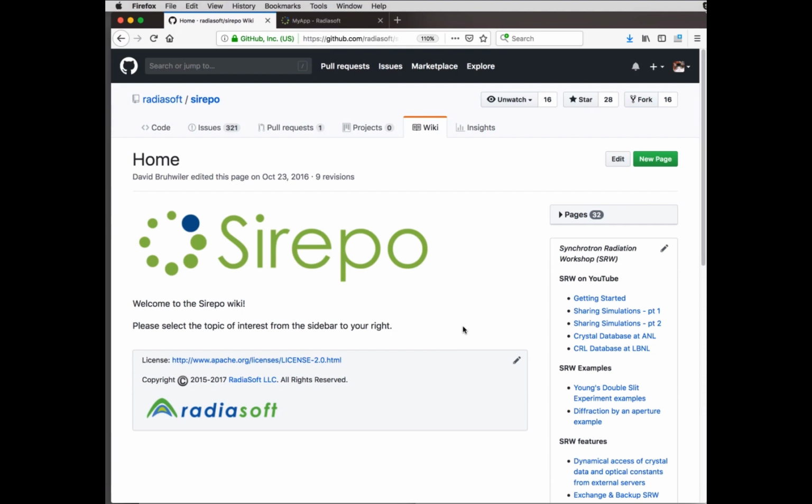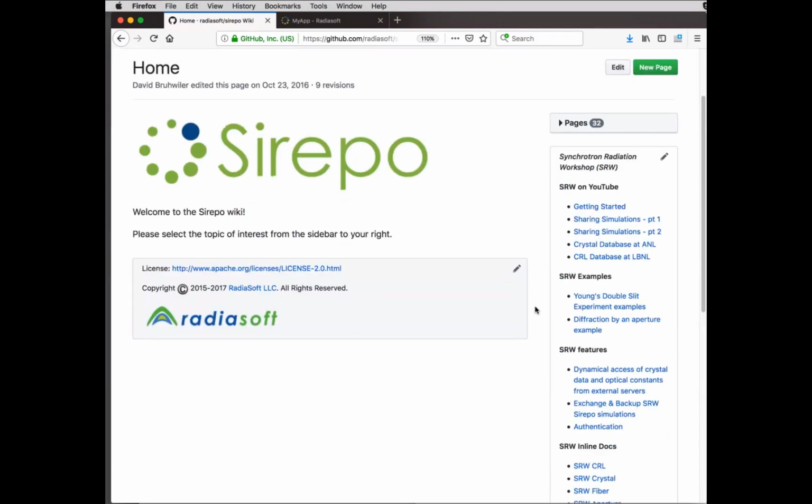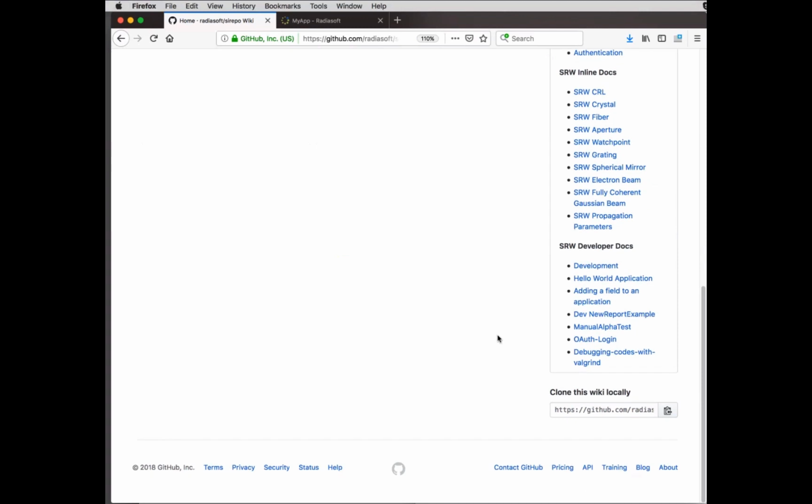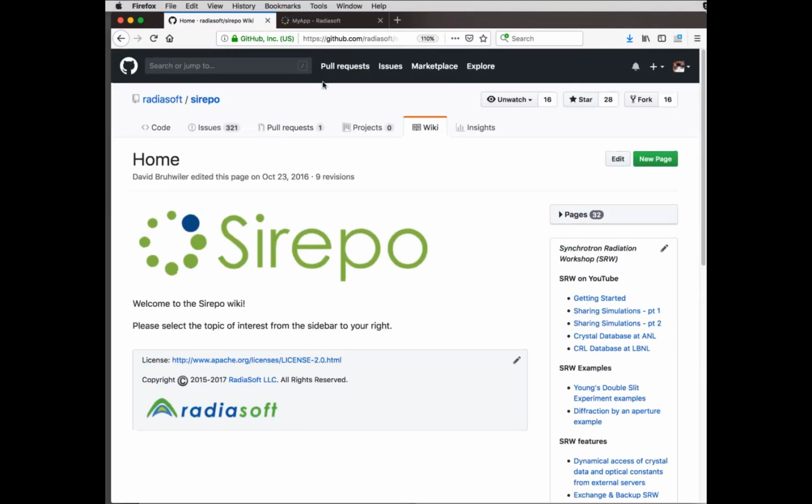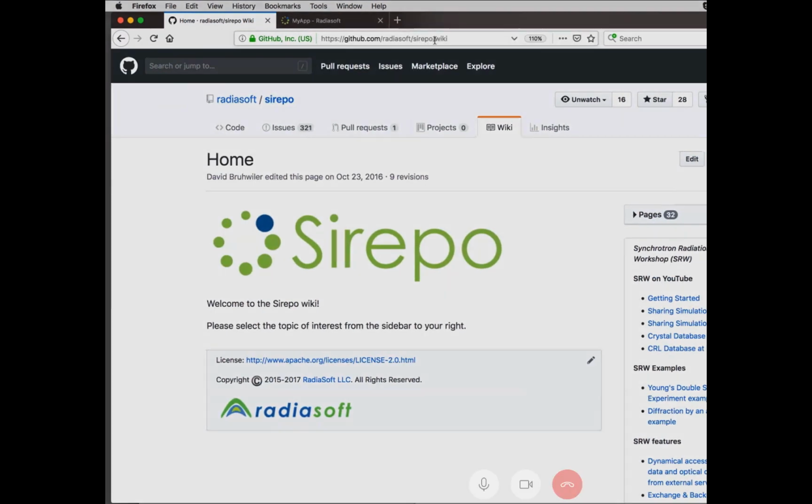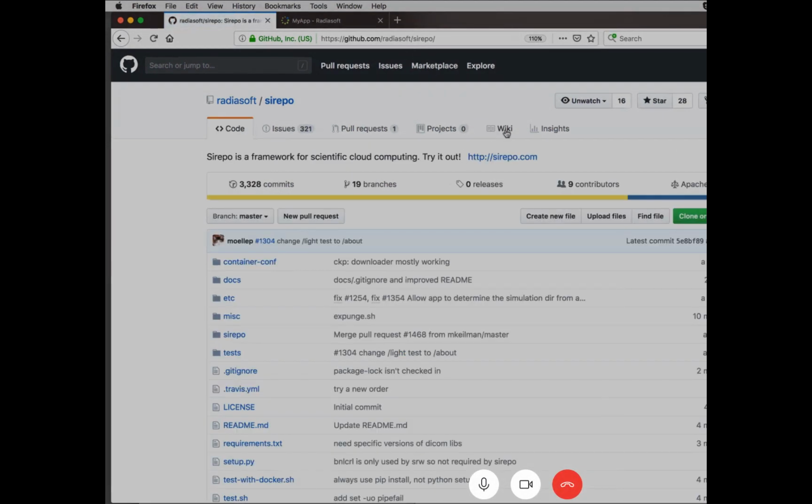I'm going to demonstrate how to run and make changes to a running Sirepo application. And then just briefly before I start on that, I wanted to point out that the Sirepo wiki page is available off of GitHub. So if you come to the main RadiaSoft Sirepo and come to wiki,